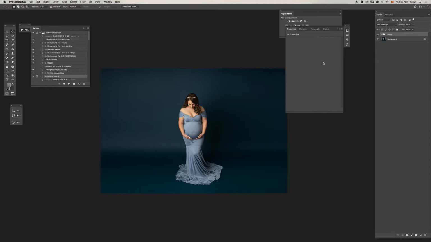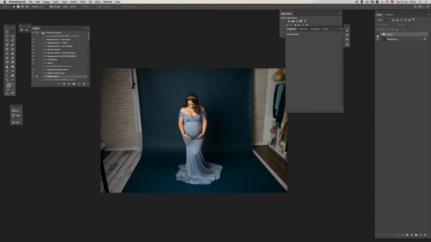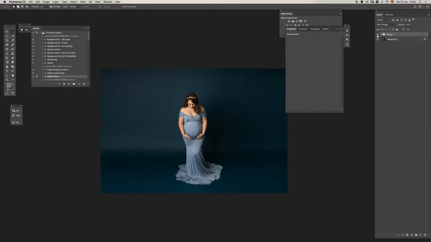Hello, in this video I want to show you how you can use the relight actions from the Sorcery Sauce action set. In the previous video we completed this backdrop, and in this one I want to show you how you can use the relight. So first of all, I'm going to run step 1,